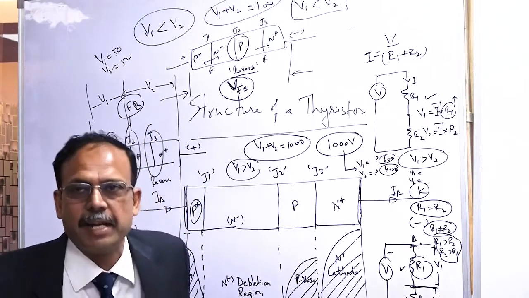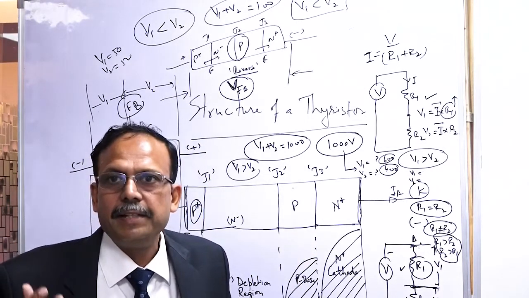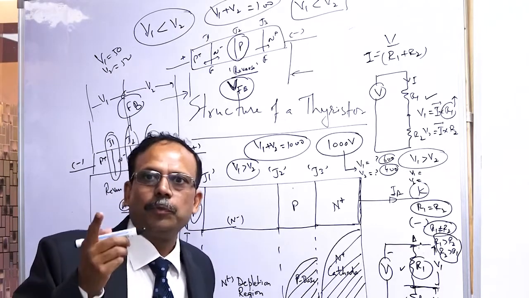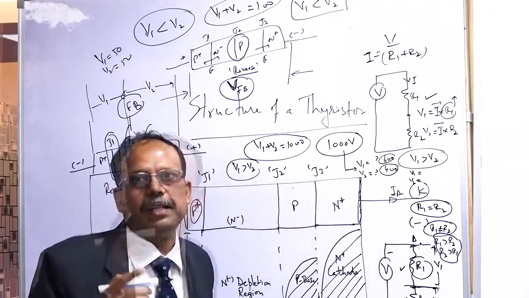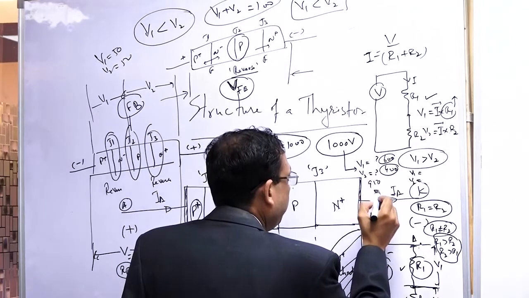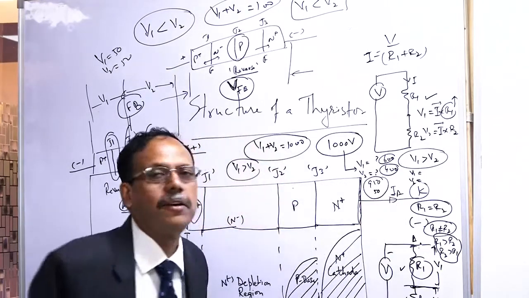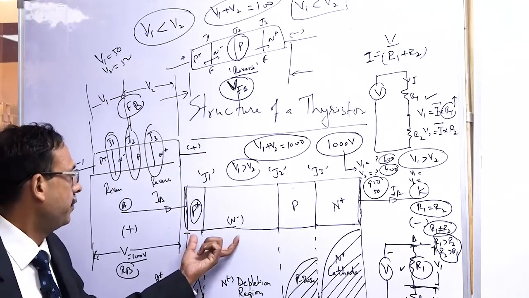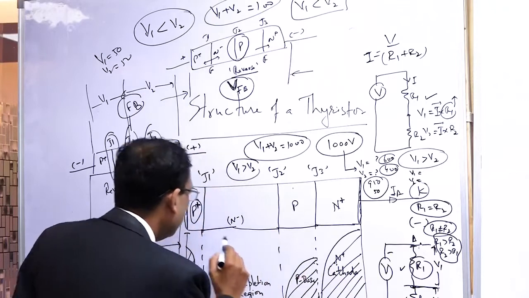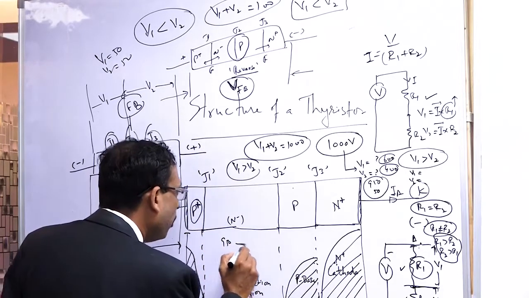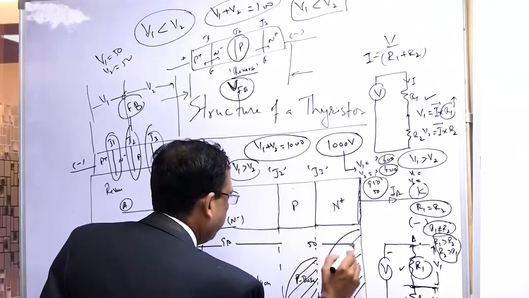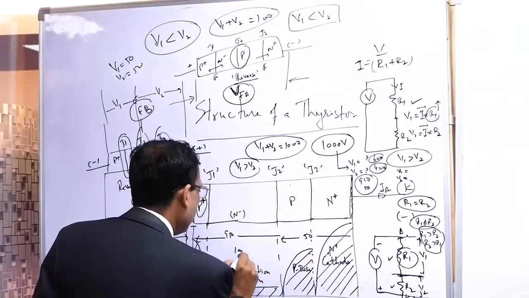That is to make you understand that 90, and Ramesh is saying 90, 10, 900 and 100. I think Sunil Gupta ji is almost right. 900, it is basically 950 and 50. So this is the level of doping we are doing. You see, so much less doping is there and so much doping is there in this. So almost all the reverse voltage will be coming across this, and only 50 volts will be coming across this, if 1000 volts is put.